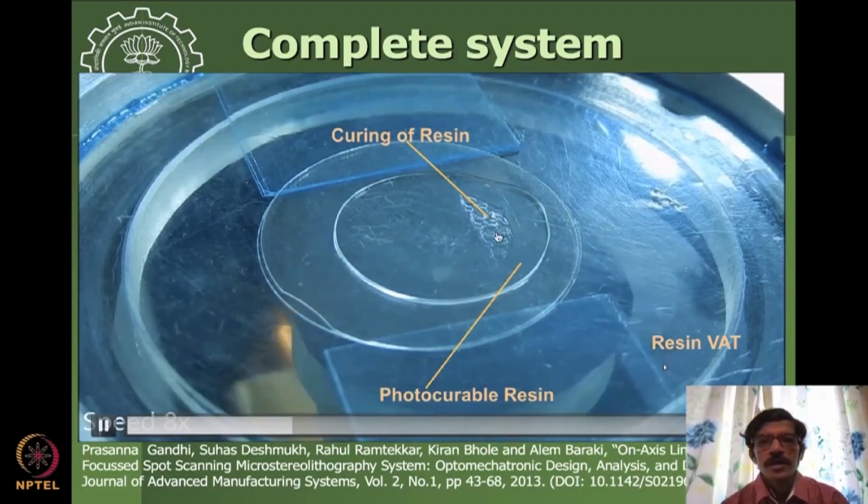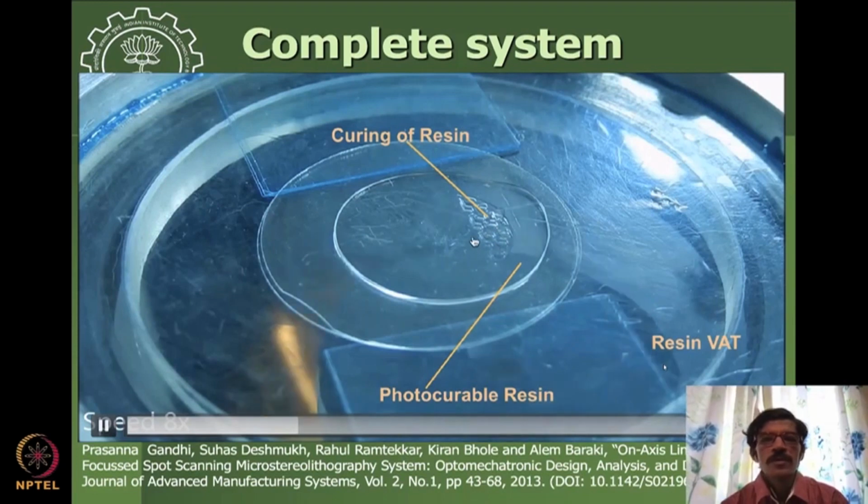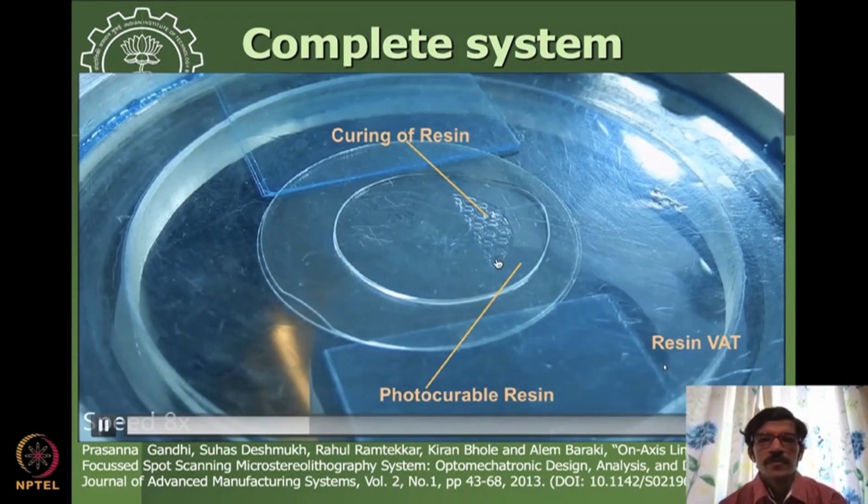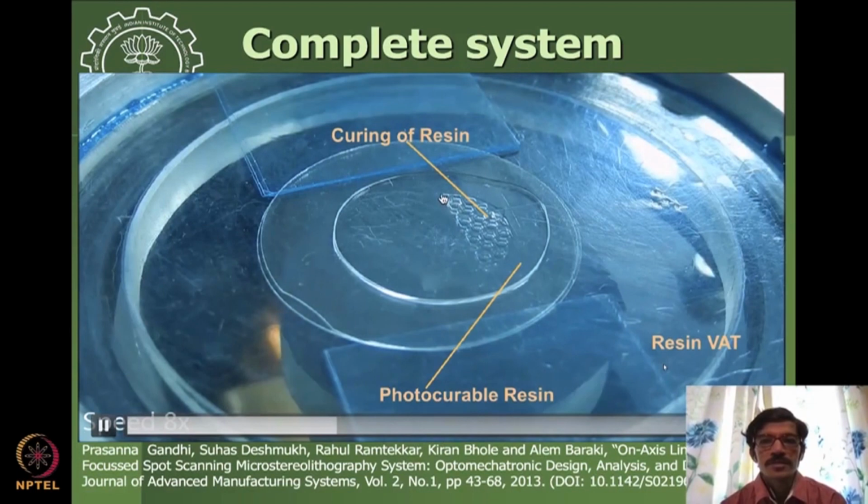Okay, so this is like a hexagonal comb kind of a structure. Okay, honeycomb kind of a structure. So this structure is getting developed now, and then multiple layers of such structure can be developed. Right now we have kept it only for demonstration purposes, the Z stage is not seen here, but this layer,